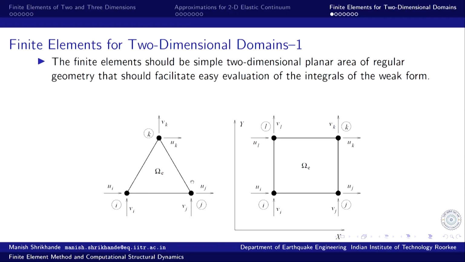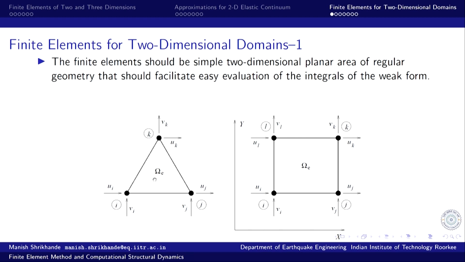So, we look at what we mean by finite elements in 2 dimensions. As I said, it has to be a figure; for a 2 dimensional domain it is an area. So, the simplest 2 dimensional geometry which can enclose an area is a triangle, and a triangle is defined by 3 vertices. The moment I have these 3 non coincident points, those 3 vertices will enclose an area, and that I denote as omega e.